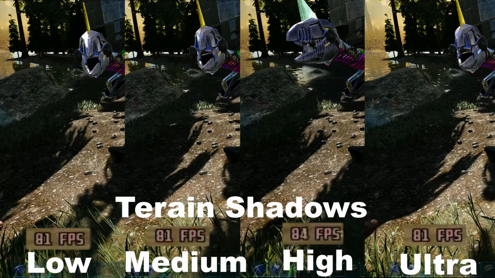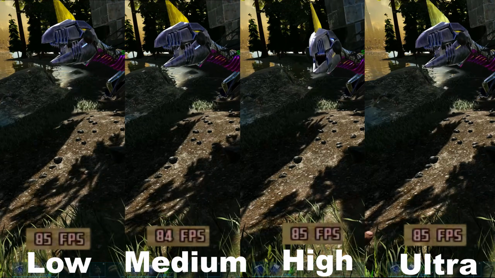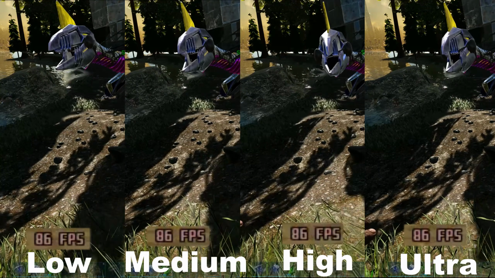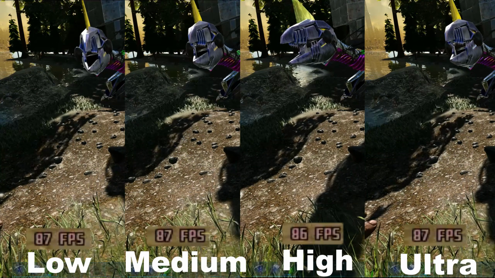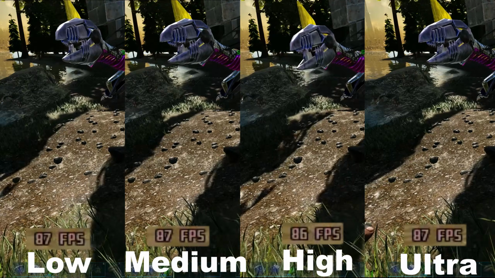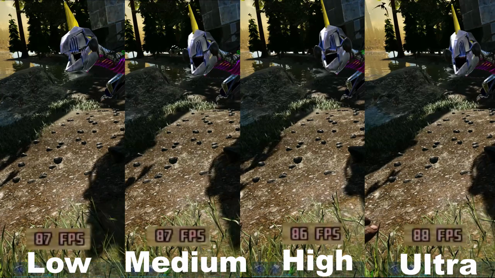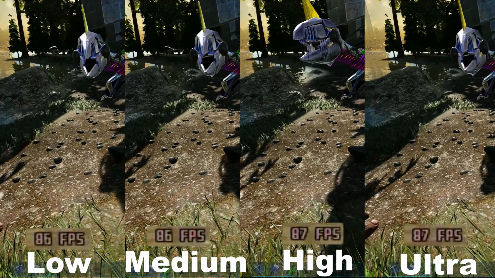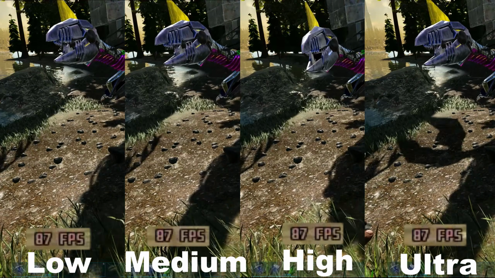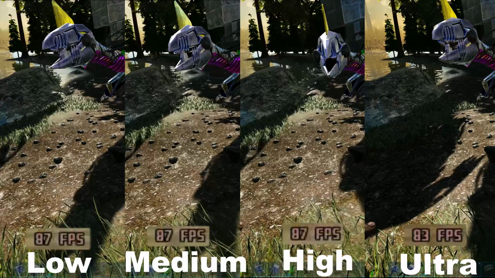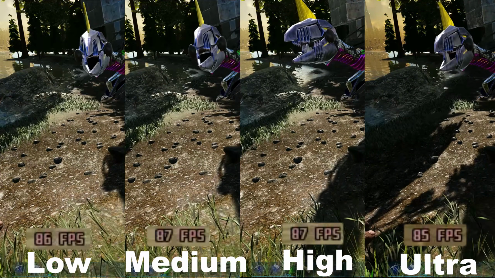The other kind of shadow setting is the terrain shadows, which oddly enough, when you look at those, there's not much difference in terms of either FPS or fidelity. I'm not sure what they do. Like, you would think they would change the terrain shadows, but the general shadows seem to be doing that. So what I would recommend is go from the general shadows, you put them at medium, and put the terrain shadows at medium as well, just to have them both at the same setting. Then you should be all good and get a lot more FPS while still keeping some of that fidelity, still having some shadow, which is always nice to have to make the game look a bit more pretty.